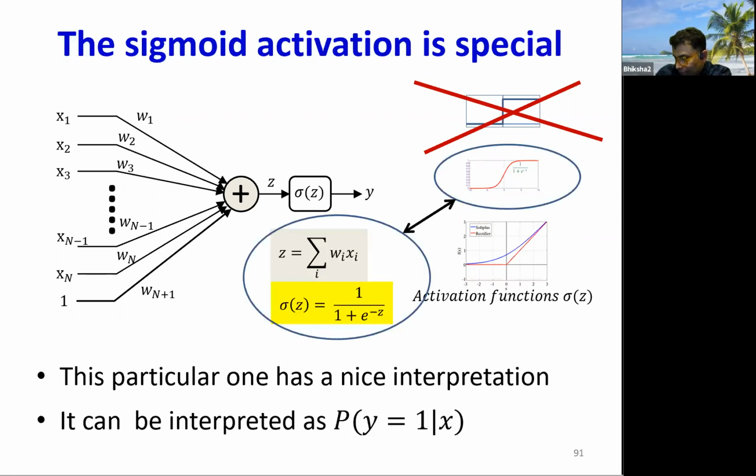And of these in particular, the sigmoid activation is special. It's given by this formula over here: 1 over 1 plus e raised to minus z. The sigmoid